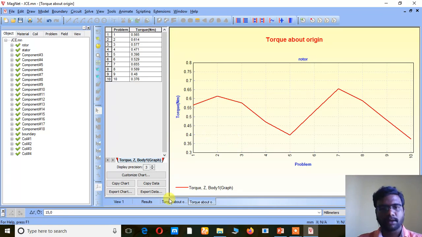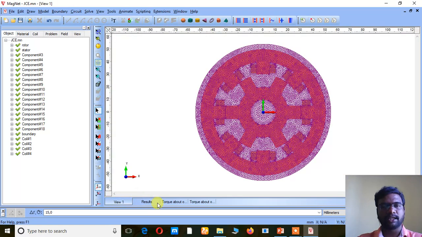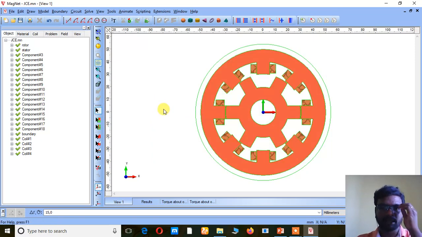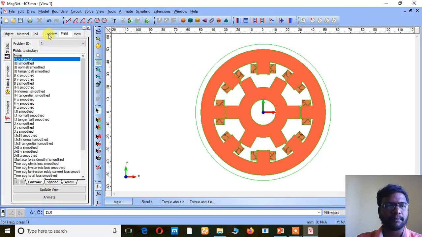So now the important thing here is the flux reversal that we have to study, right? So now we have to see the flux reversal and what the flux density is, whether the given current value is correct or not, or whether the turns value you have to increase or decrease. So everything will be determined here.